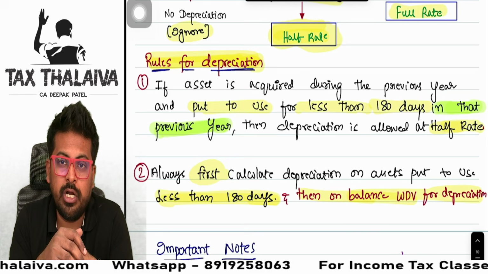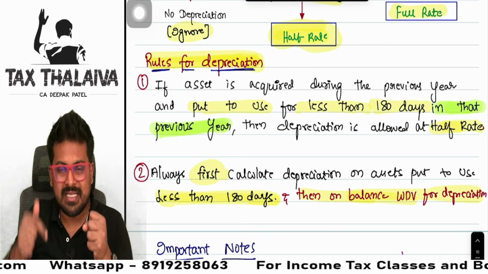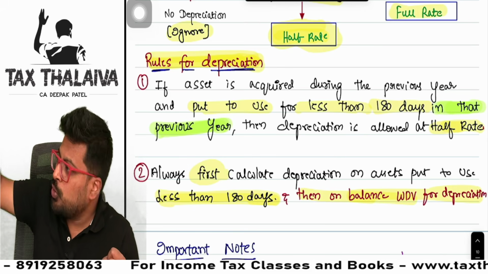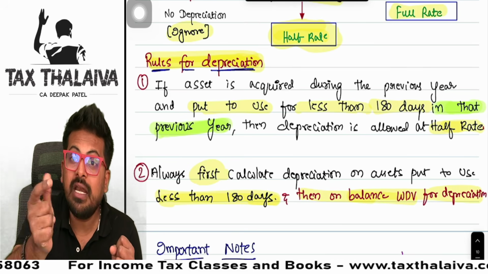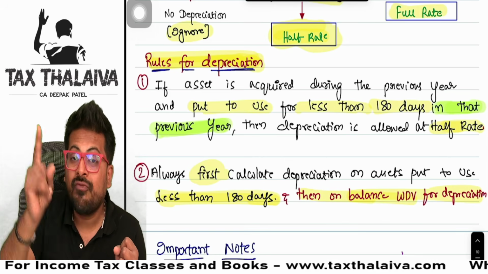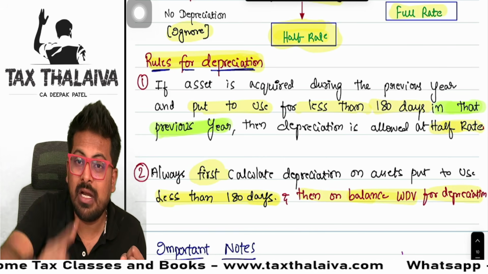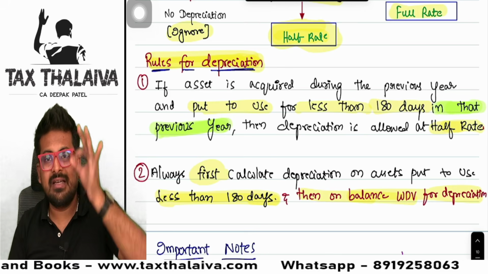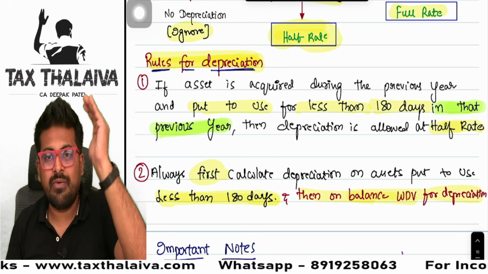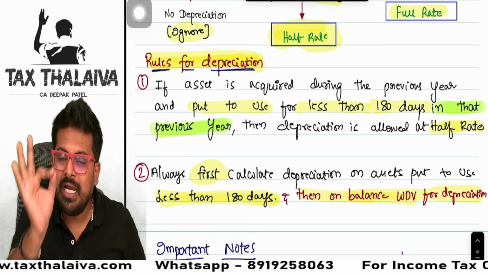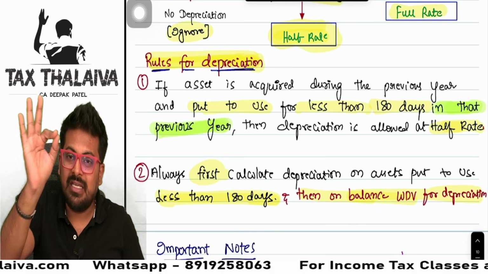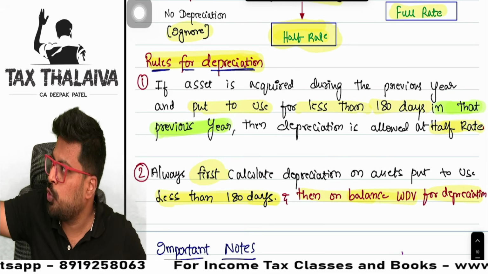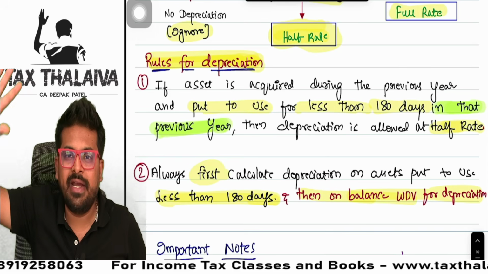But mind you, very, very important point. If you acquired an asset in this current previous year, but you did not put it to use in this previous year, you put it to use in the next previous year, and in the next previous year you use the asset for less than 180 days, still you will claim full rate of depreciation only. Because the more than 180 days, less than 180 days condition is applicable only if the asset is put to use in the year in which you acquired it. If the acquisition year is different from the put to use year, you will not check less than 180, more than 180